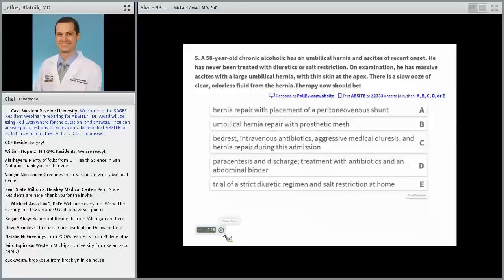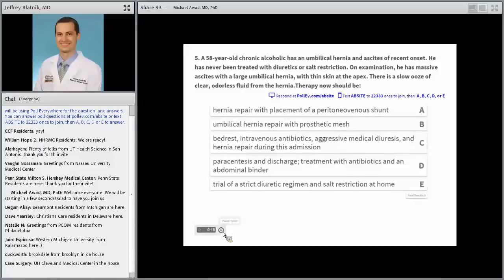Number 5, a 58-year-old chronic alcoholic has an umbilical hernia and ascites of recent onset. He's never been treated with diuretics or salt restrictions. On examination, he has massive ascites with a large umbilical hernia with thin skin at the apex. There is a slow ooze of clear odorless fluid from the hernia. Therapy now should be